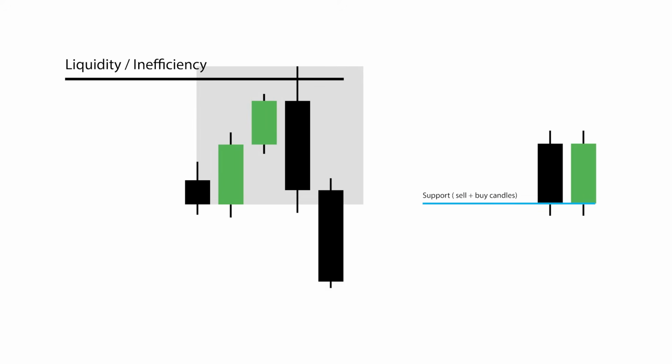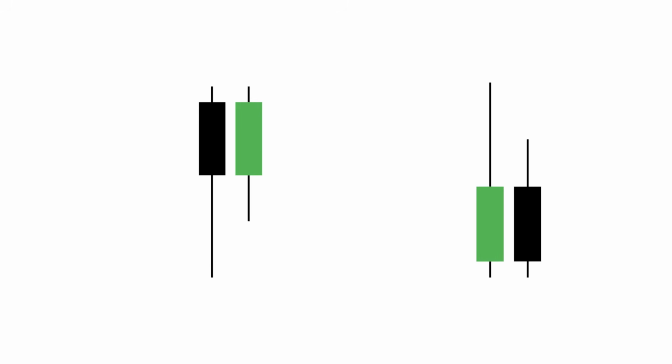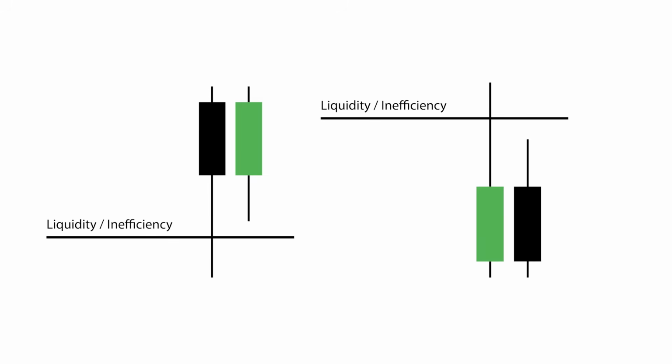The next price action element is the rejection block, which is formed by 2 candles where the wicks of the candles have performed a liquidity raid or rebalanced the fair value gap, forming the zone of the rejection block. Sell plus buy candles form a bullish rejection block, and buy plus sell candles form a bearish rejection block. It's very simple. It is not mandatory for an order block or rejection block to perform a liquidity raid or fair value gap rebalance, but this is a very important condition for their strength.